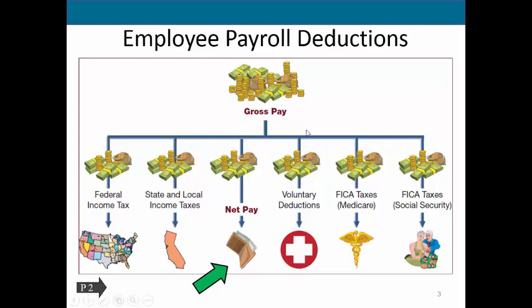Then we have some other types of taxes. We have our FICA taxes. That includes both Medicare and Social Security. And then we also have any voluntary deductions. So these are deductions, let's say that you choose to give $5 per paycheck to United Way. They will withhold that for you, but as soon as they withhold it, they are legally obligated to send it to whoever you have determined is supposed to get that money, if it's United Way or some other type of charity. You could also have deductions for various health benefits or additional insurance, and you could also have retirement type